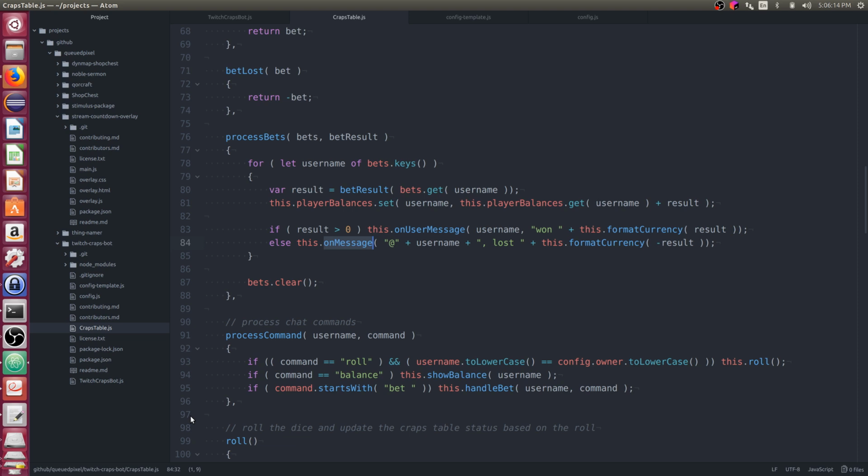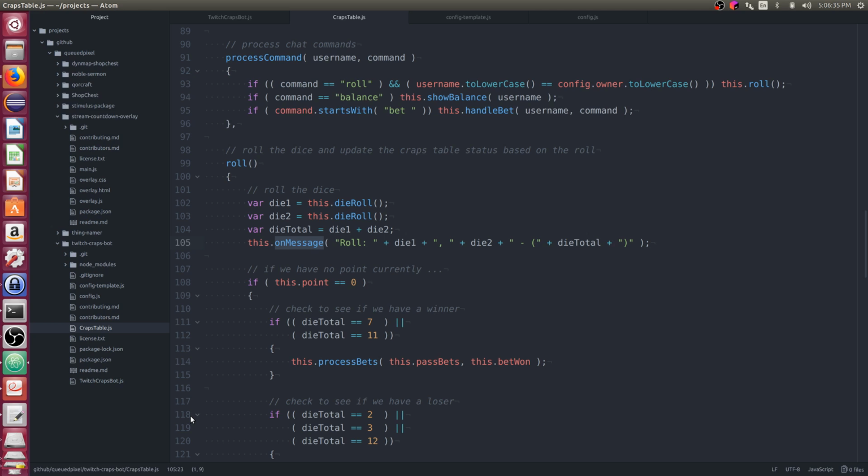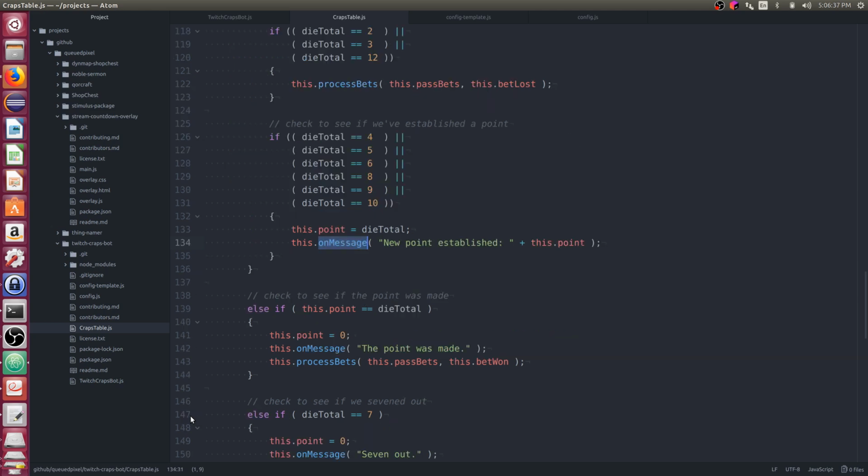Yeah, so username 1, blah, blah, blah. So now we do the same thing on user message. Username, comma, lost. And continue on down.